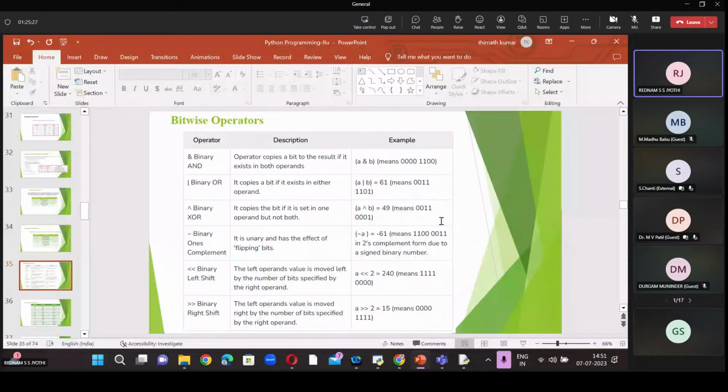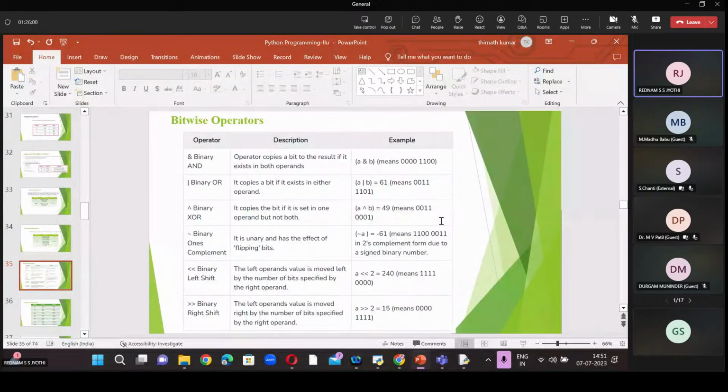These bitwise operators are the operators which perform at bit level only. For example, if you want to find out something like 2 bitwise AND 3, first we need to convert 2 into its binary representation. First, we need to convert the two expressions into binary. After that, we perform the normal AND operation.